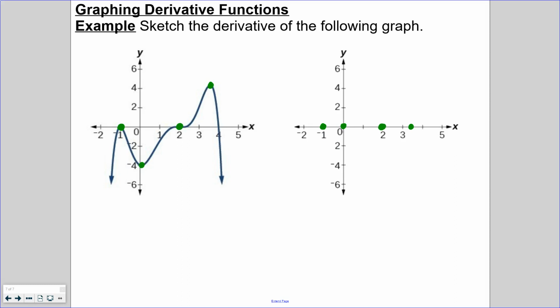All right, then we're going to do the same thing as we did before. Let's see, our first piece is going to have a positive slope. Our next piece is going to be negative. The third piece is going to be positive. And then the fourth piece is still going to be positive. We just took a brief pause there at x equals 2. And then we're just going to come down